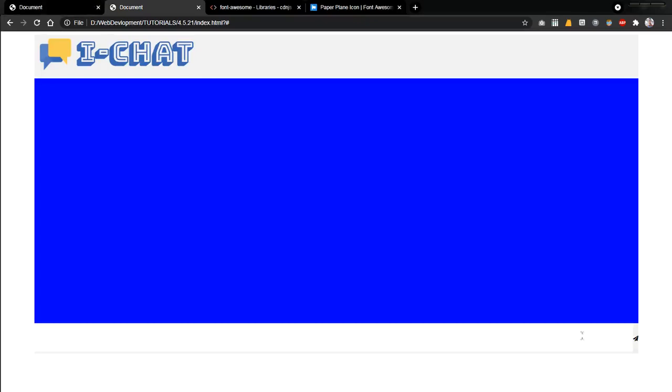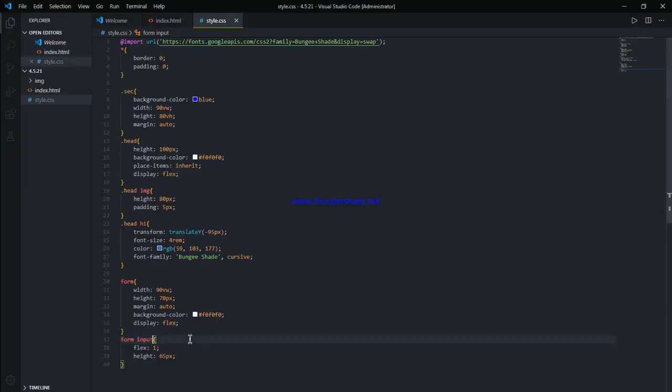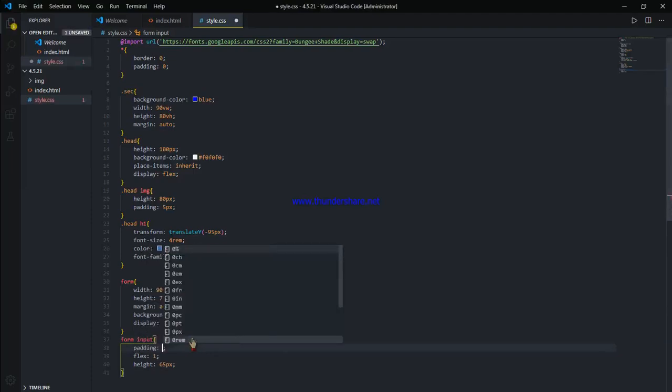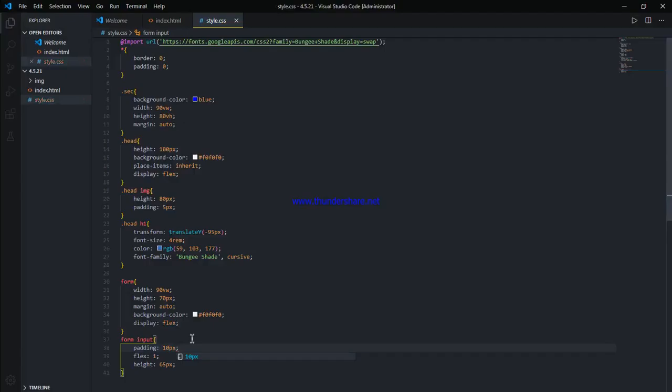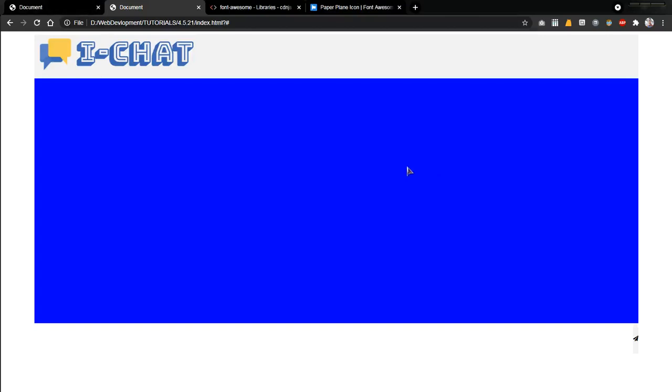So it's working now, but it's kind of squishing it here, so we can add a padding to it. That is 10 pixels. Nope. No, we should add it here, right?